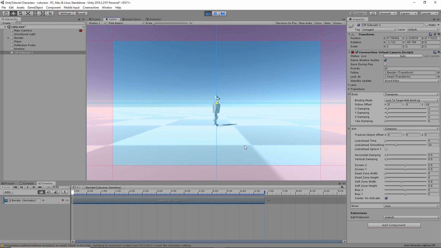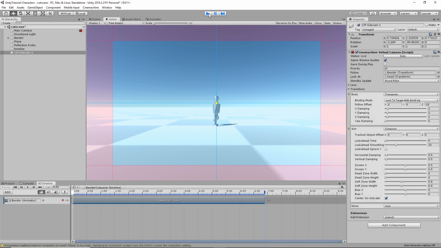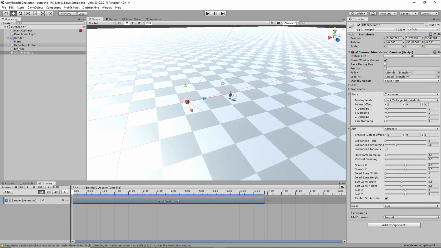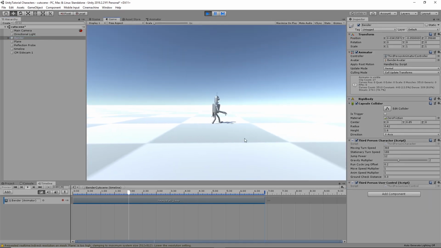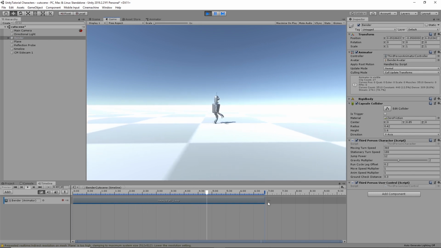The reason he's looking around is because he's got that character controller on him because we copied him from the previous setup where I'd done the third person character, and he's got this third person controller on him. So it's kind of like saying, okay, play this animation and then allow this script to execute. But while this timeline is being executed, there's no reason to have any control on him. So if we hit play, just to give you an idea, it's walking, and when it gets to the end of the timeline here,